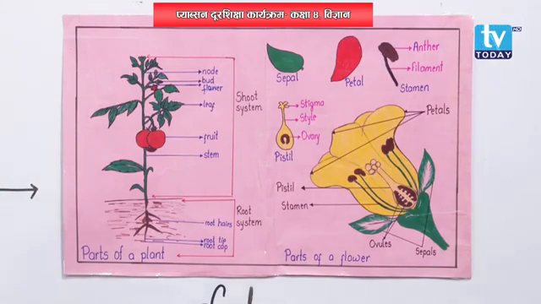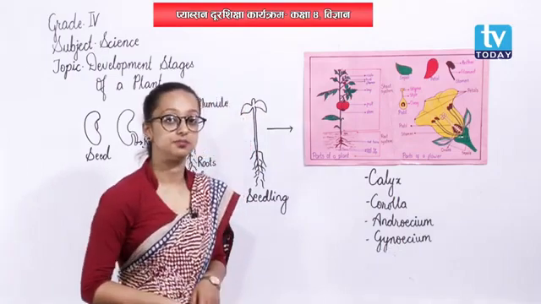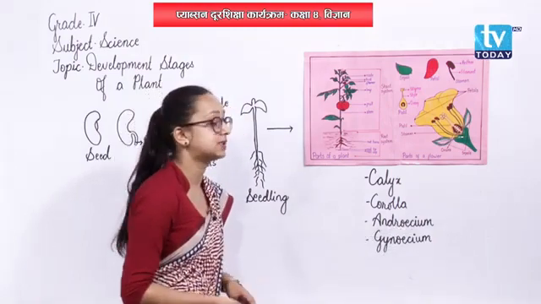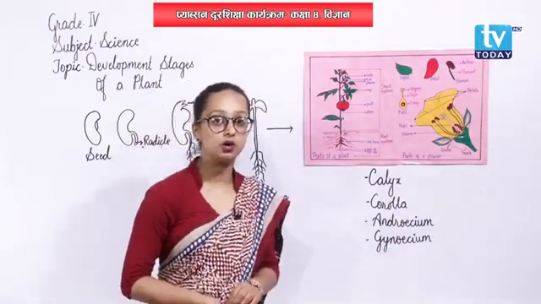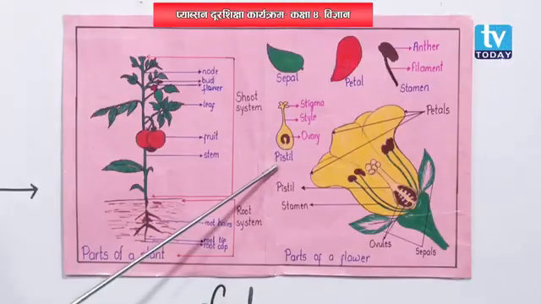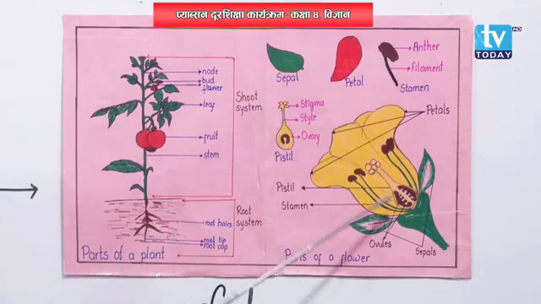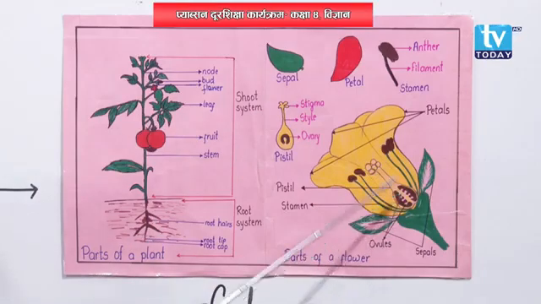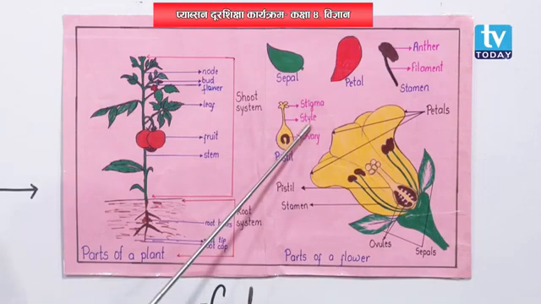Now, moving on to the next whorl of a flower, that is the gynoecium. If androecium is the male reproductive part of a flower, then gynoecium, obviously, is the female reproductive part of a flower. Gynoecium is made up of pistils. The individual structure of a pistil is like this, and here this structure is the pistil. Pistil also has 3 parts, that is stigma, style and ovary.